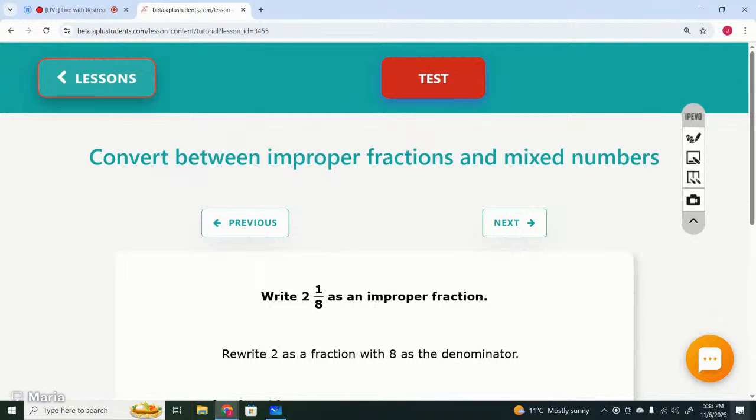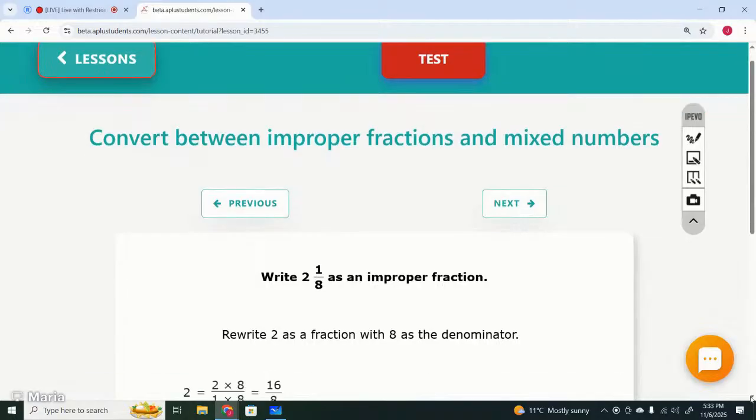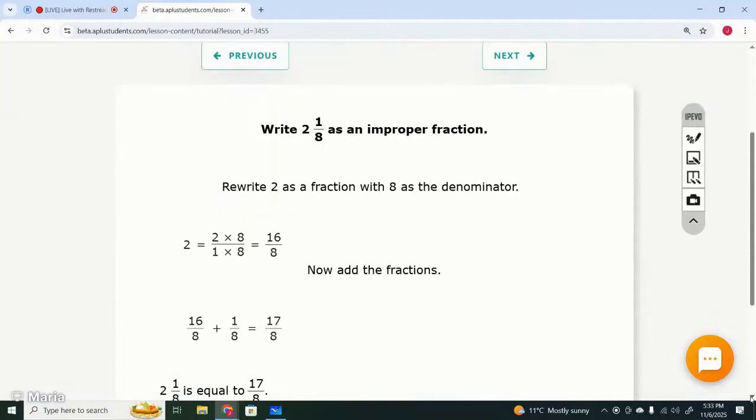Write 2 whole 1 by 8 as an improper fraction. So how do we write? Start with the whole number. 2 is the whole number, right? You have to multiply and divide the whole number by 8, right? Like you can write 2 as 2 by 1. Now multiply this 2 by 1 by the denominator of the improper fraction. The denominator is 8. You need to